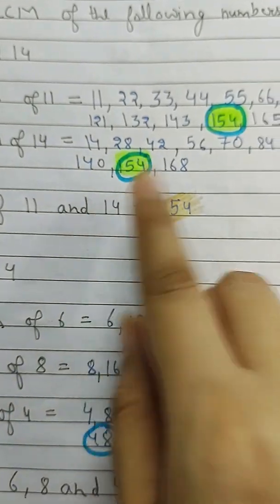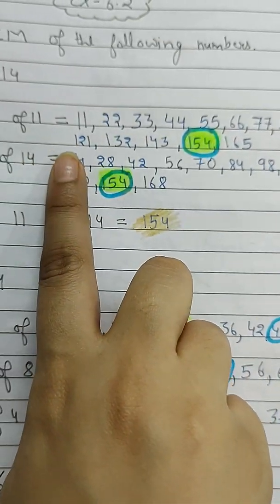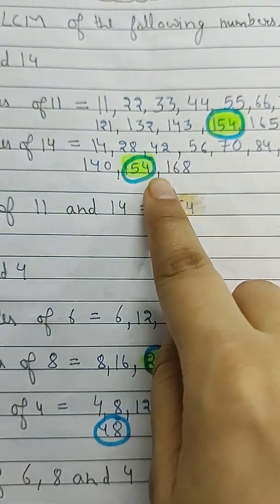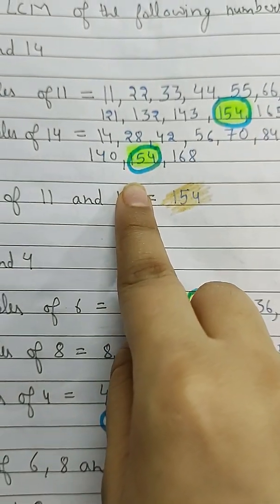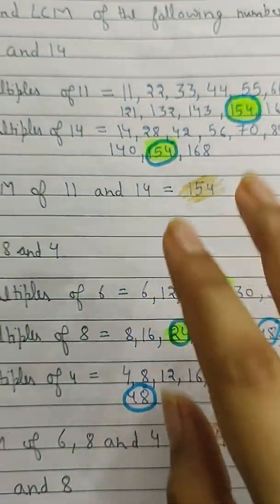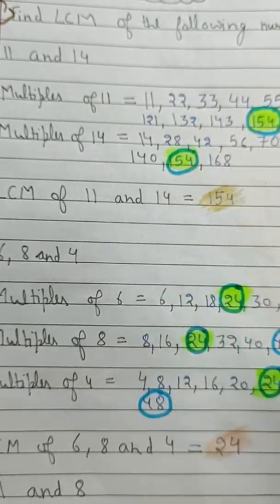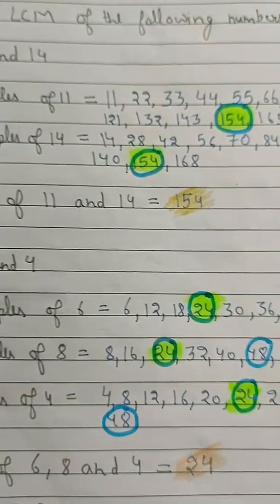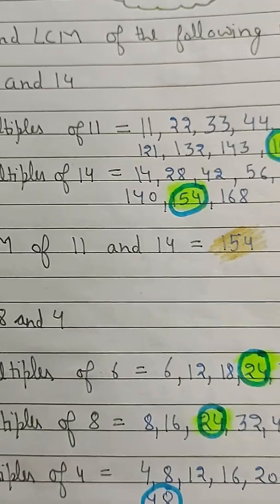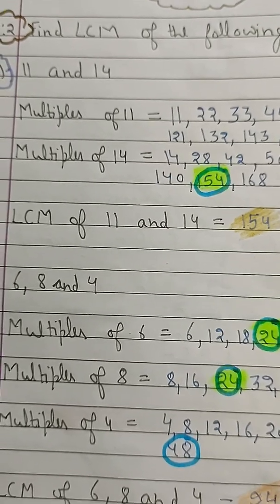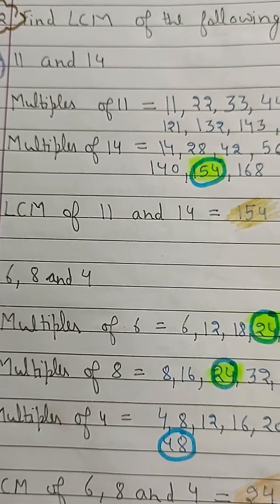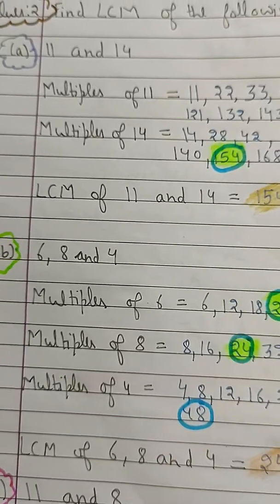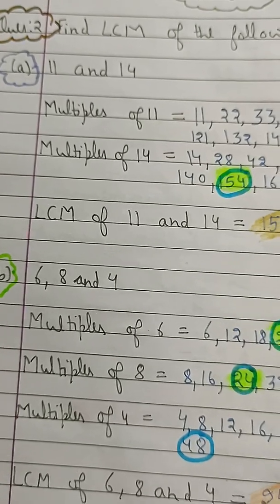Here I have got this answer after I have expanded this 11 table till 15, and I got the answer when I expanded this 14 table till 11 and 12. Then only I was able to find it out. If we had written only till 11 or only till 14, we would not have got this 154, so you must have written 0, and that would have been wrong. So you should at least try till 15, so that you can find the least common multiple. It is very important, when you have to find the least common multiple, that you expand the table.